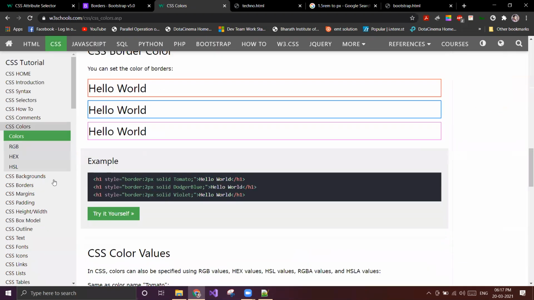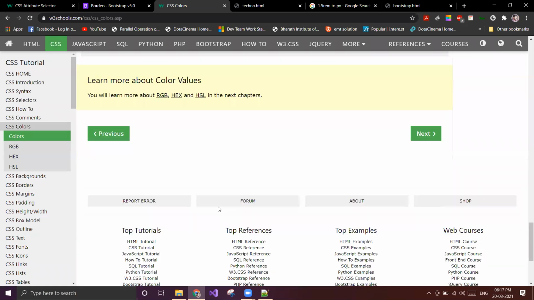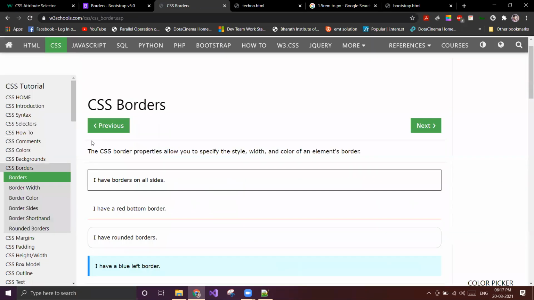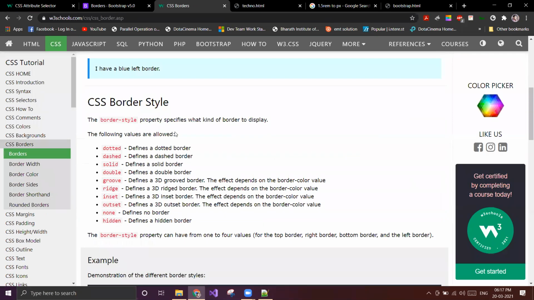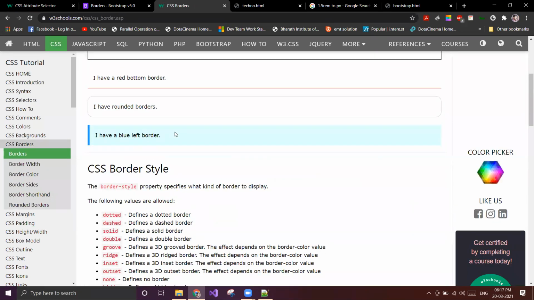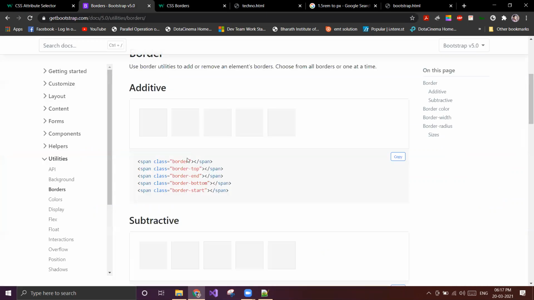I'm not finding it. Wait. This thing. I have a blue left border. So here we can directly apply border start and it will look like this. Like that we have border, border top, border end, border bottom and border start. End is for border right. Start is for border left and top and bottom are normal.